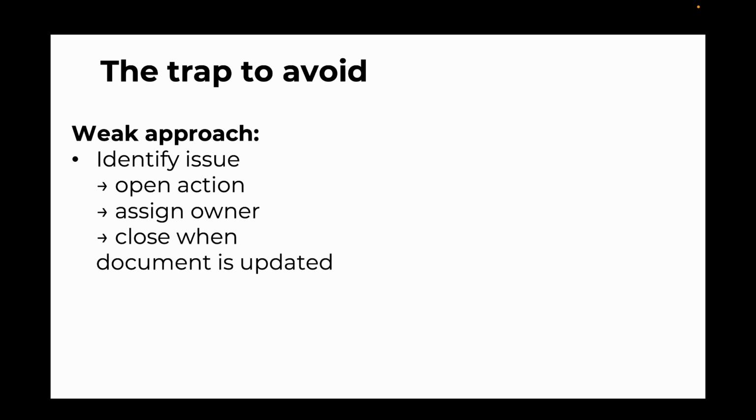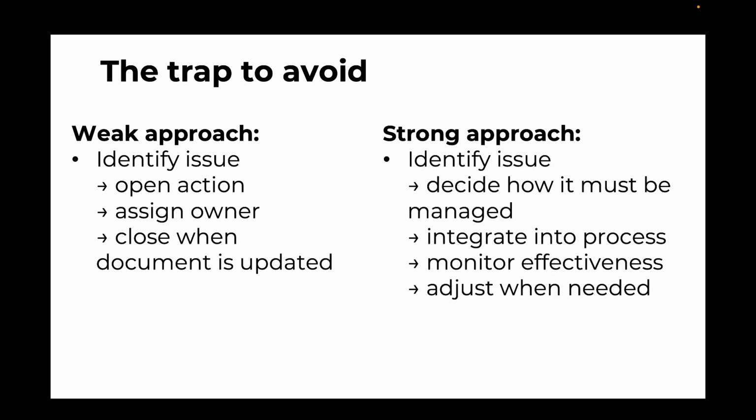A weak approach is to turn every issue into a generic action. So, for example, review wastewater procedure, or train employees, or update the environmental register. Those actions may be useful, but they are often too shallow. And I, as an auditor, I'm tired of seeing this kind of stuff. A stronger approach asks,